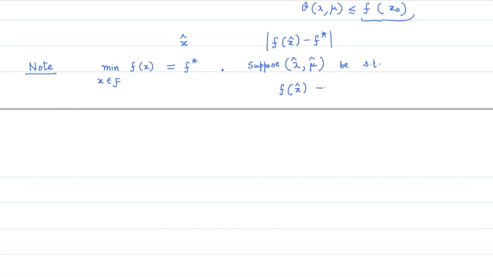That is, f x hat minus theta lambda hat mu hat is less than a small quantity, say epsilon. Then from the weak duality result, we see that